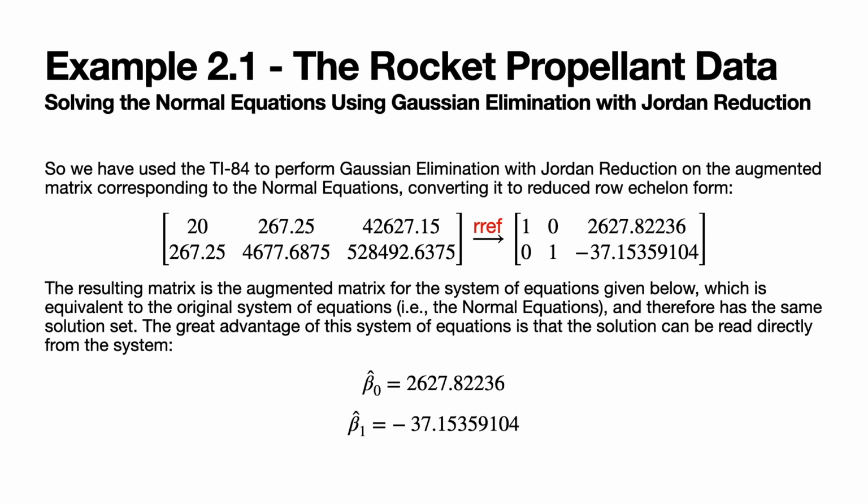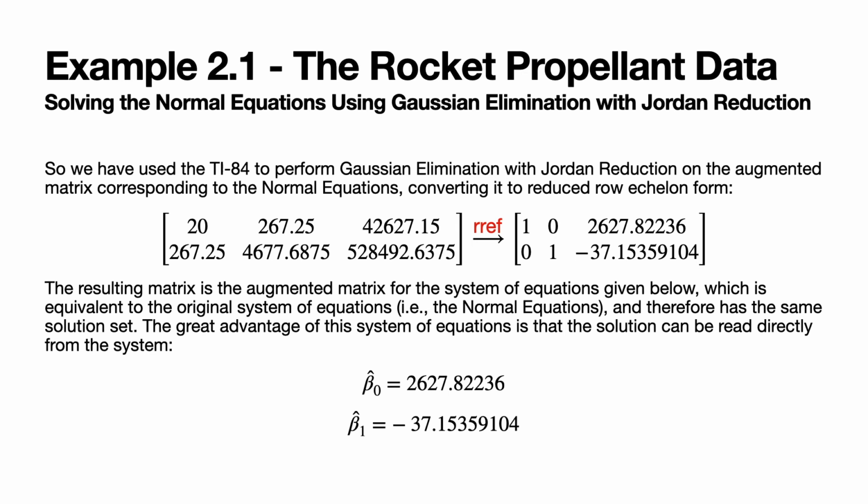And that matrix is the augmented matrix for the system of equations shown at the bottom of this slide, which is equivalent to the original system of equations, that being the normal equations, and therefore it has the same solution set. And the big advantage of this system of equations is because we can read the solution directly from the